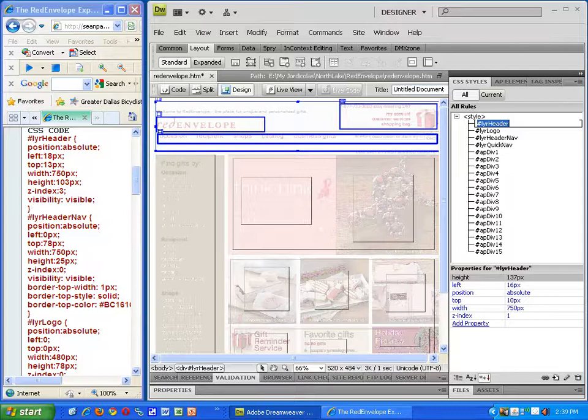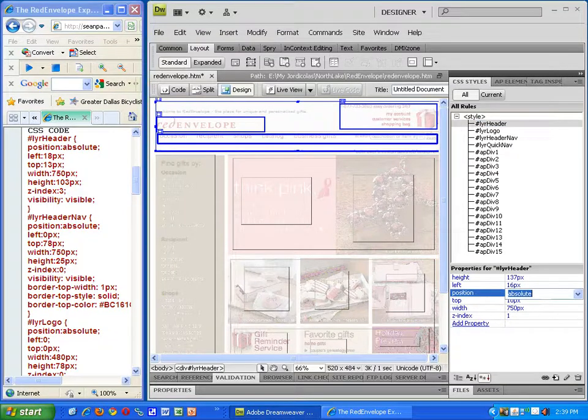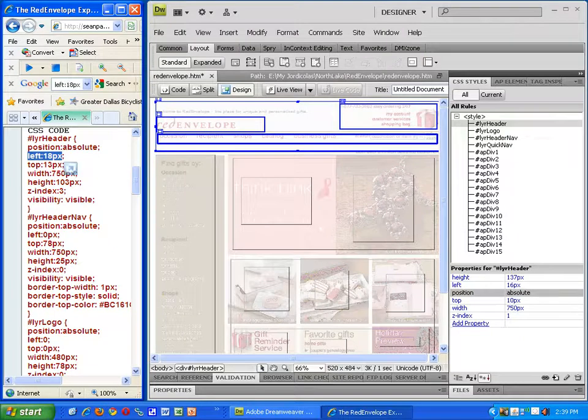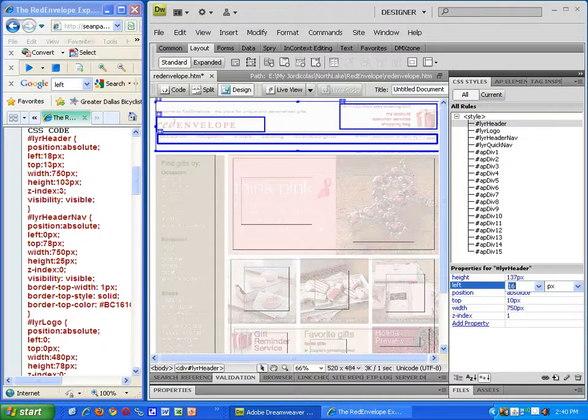In the Styles panel, Styles tab, you select layer header, and you can see it's positioned absolutely. Well, I've done that. It's positioned absolutely. It's left 18 pixels and top 13. And as I type in these values, I want you to watch the design interface, and you'll start seeing each of these divisions shifting into place where it's supposed to be. So let's do this one at a time. The left is 18 pixels. Left, 18 pixels. Top,